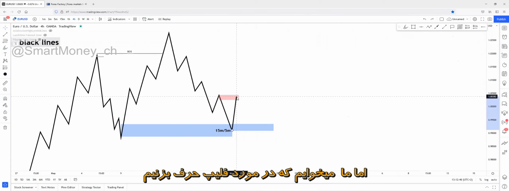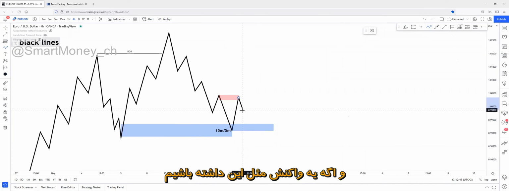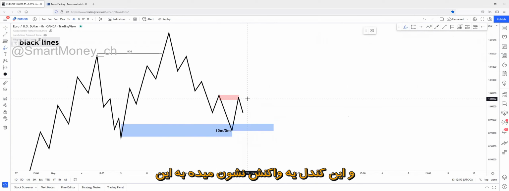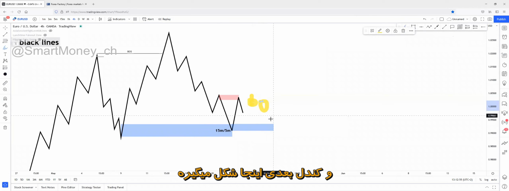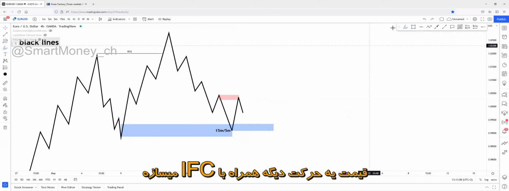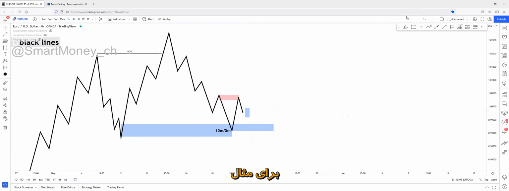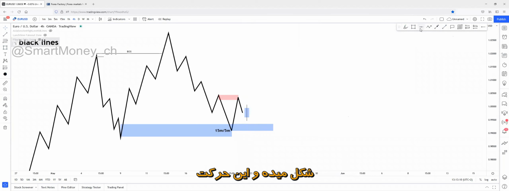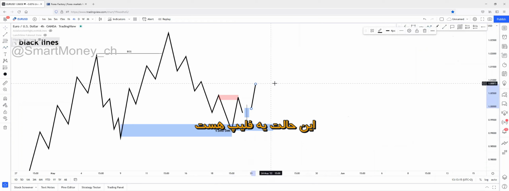But we like to talk about the flips. If price reacts on this last recent supply zone, and there will be a reaction, so price, for example, prints a candle right here that reacts on this supply zone with a wick, then the next candle opens right here and forms a candle like this. And after a reaction, price forms another inefficient movement to the upside, which will be from this, for example, demand zone, which is efficient. And from this demand zone, another inefficient movement will be formed, and this inefficient movement will break above this supply zone. This will be a flip scenario.